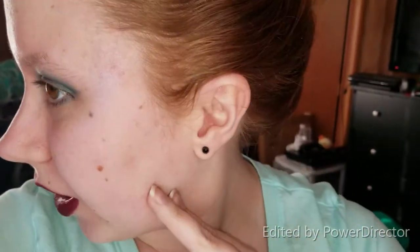So the lighting in this isn't going to be too good, but I had to use the flash so that I can show off this highlighter a little better, because the way that I had the video before really didn't pick it up or do it any justice. And I tried getting pictures, but they still didn't quite pick it up the way that I wanted it. So hopefully this does the trick, and yeah,